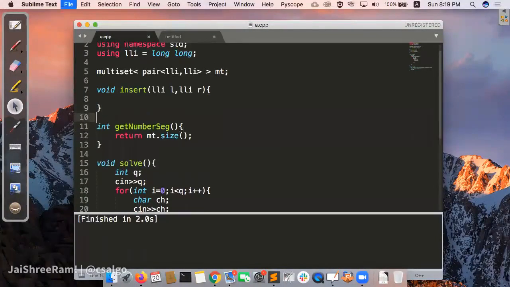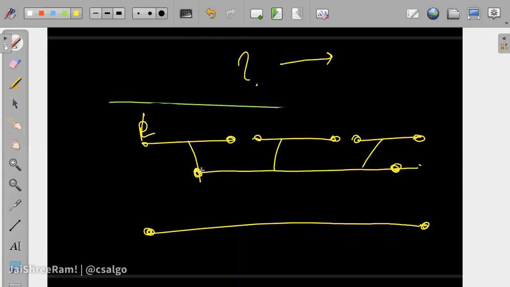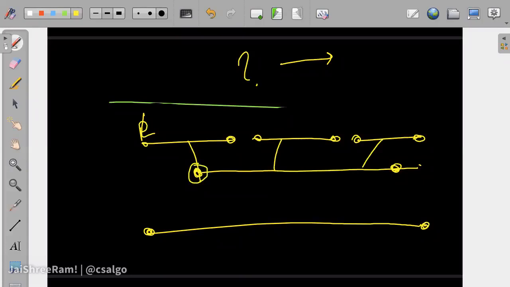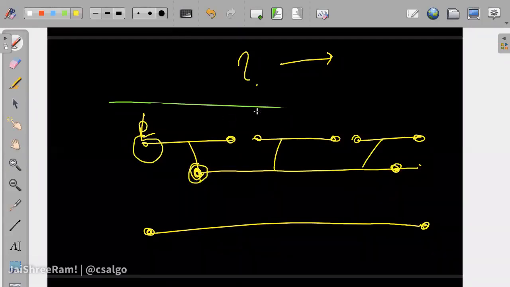Okay. So now let's talk about how we can insert a particular L to R. First of all, we will need to take care of the case that from the point where we are starting, there might be a segment which starts before it and touches this point, right? So we need to first find this particular segment. How do we find this one?